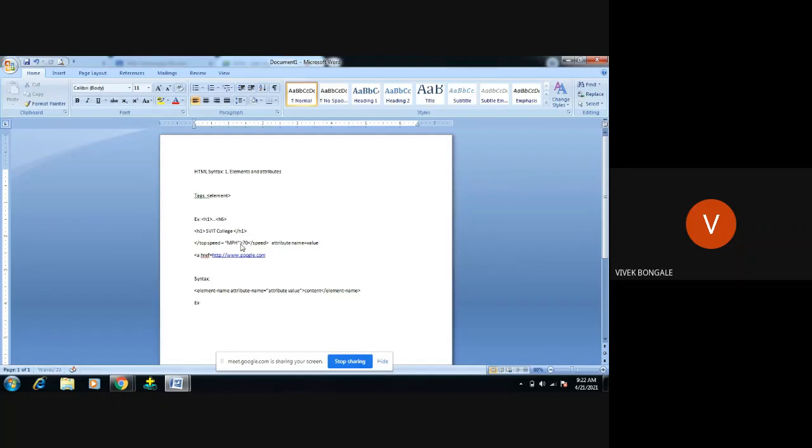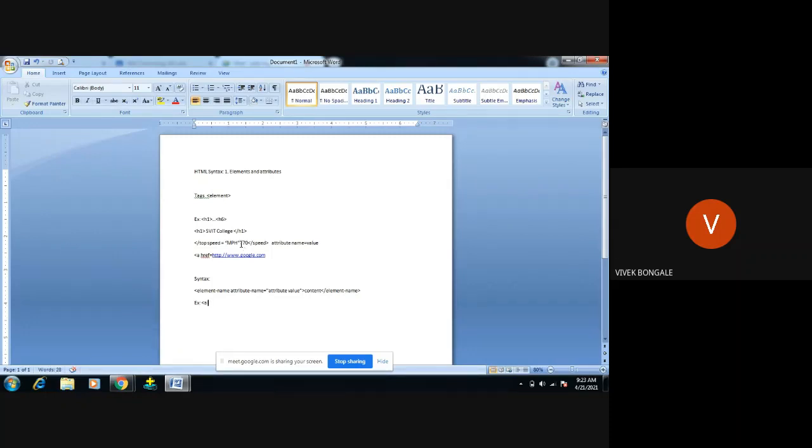For example, I'm trying to give one here. Open the angular bracket. What is the element name here? I consider it as a. I want to add a hyperlink to the present web page. To do that, we have to use the anchor tag. So a is the anchor tag, which is used to hyperlink any web pages.